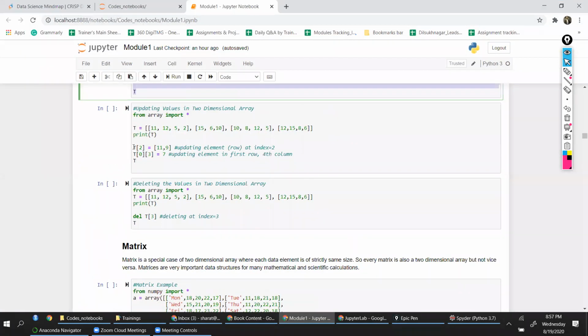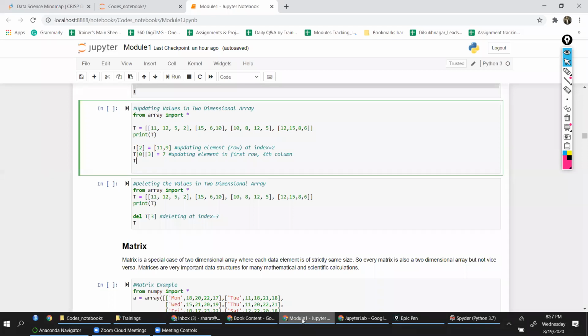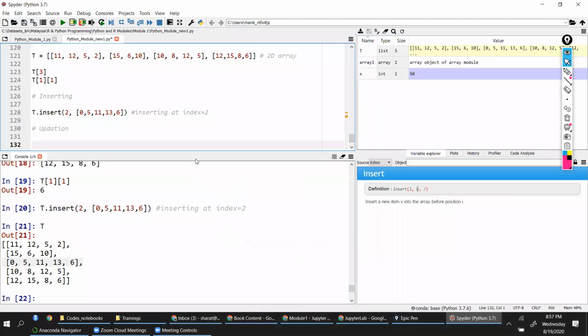Let me copy paste the code. Okay, fine. There are hints here, so let me remove this. I'll say T of, let's say 2, and I'm putting a value here.